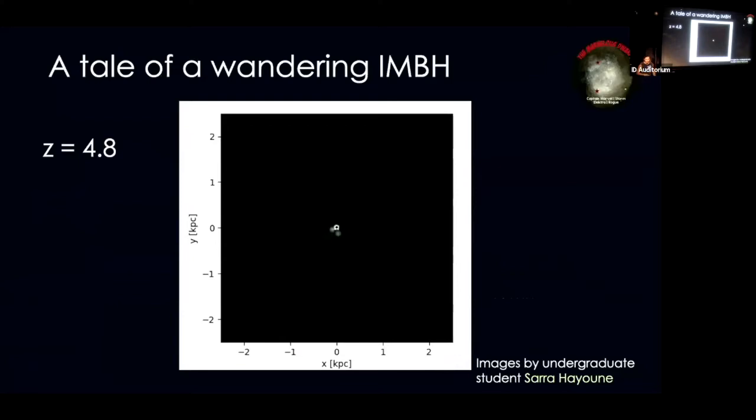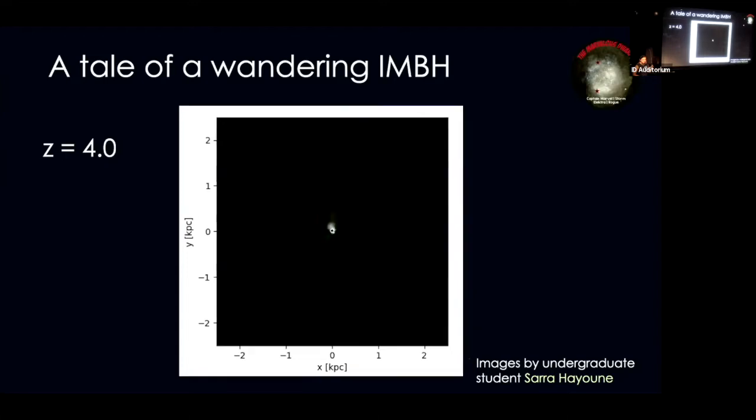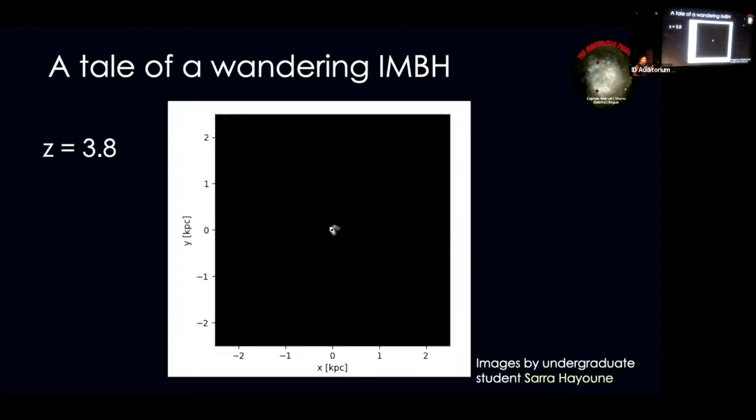All right, here is the tale of a wandering intermediate mass black hole. You can see there's a bit of a fuzz here. That's the galaxy at a redshift of 4.8. And I've cartooned the black hole in with a little white circle around it so you can see it. So it's not to scale, but that's our little fuzz galaxy. And if we fast forward in time,